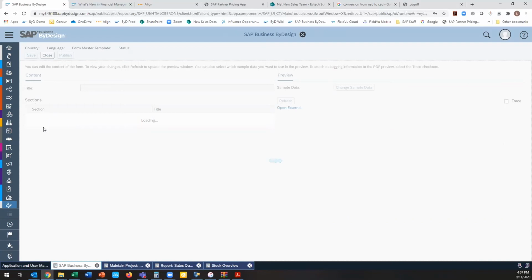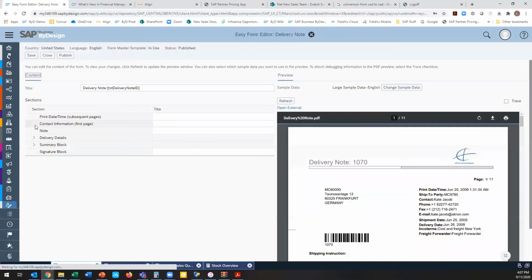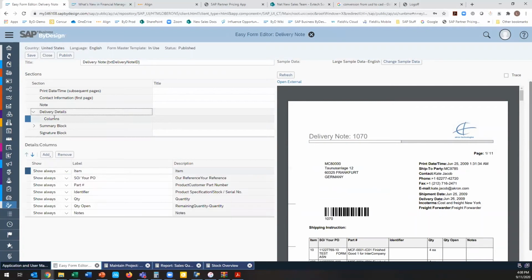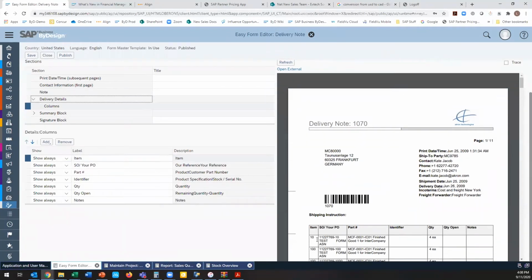And once we pop into here, what we're going to do in here is just add a column to the existing table, and then we'll add our new field. So if we go into the delivery details, open that guy up, go into the columns, we'll see everything that's listed across here. You'll add a new column. And then, I've already added one here, but if I wanted to just add a new one,